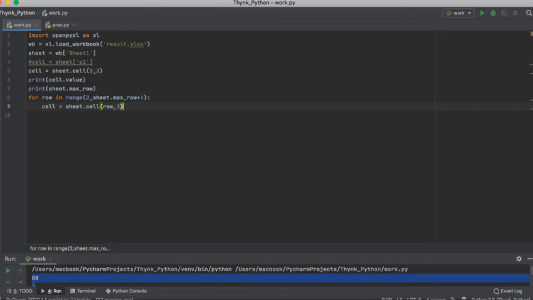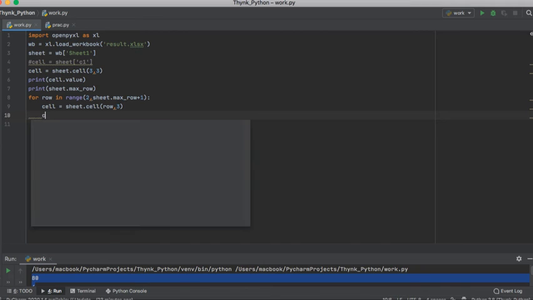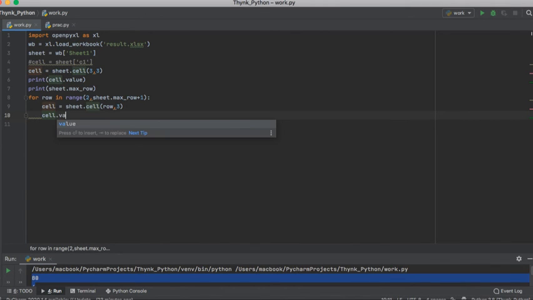After this, what we need to do is add 2 to the current value of the current cell. So for it I'll say cell.value. Now what do I want to do to this value? I want to add 2 to this value.